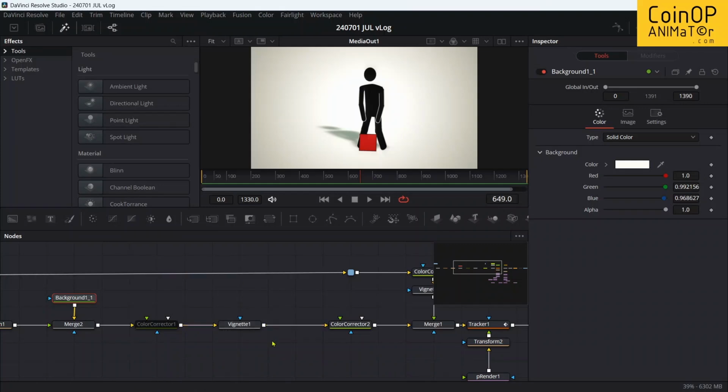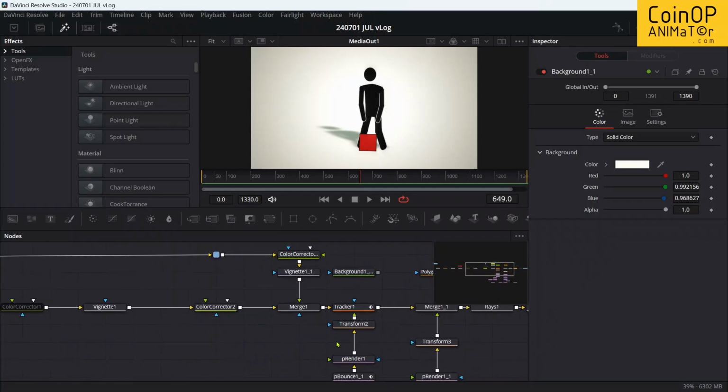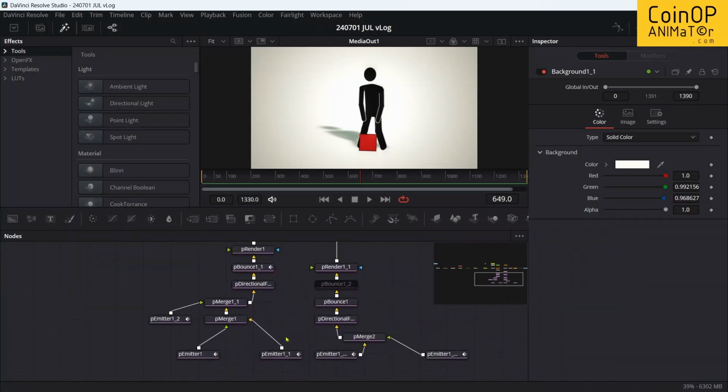Then I put a vignette over it and I color correct it a little bit to get just the color that I want, and then I merge it with the pictographic man again on top of the shadow, and this is where all the fancy